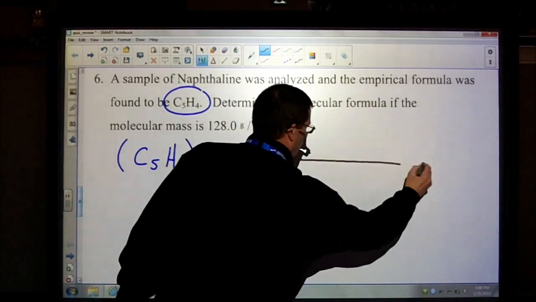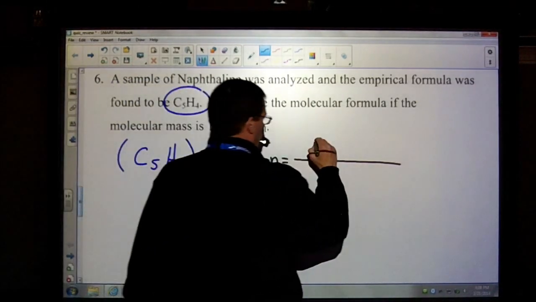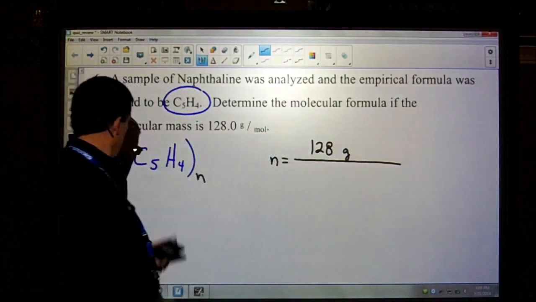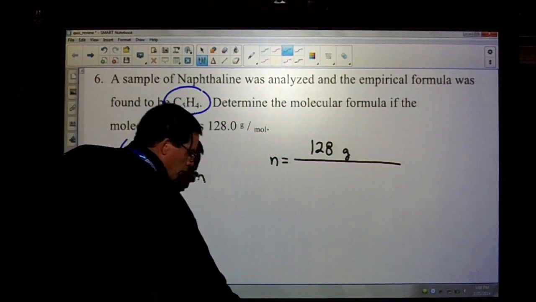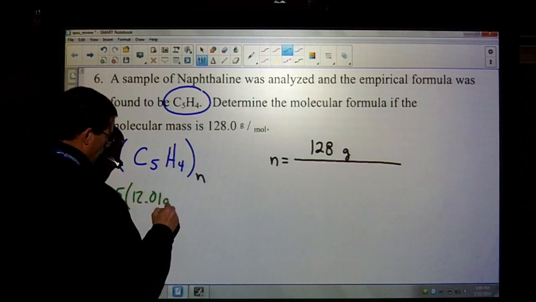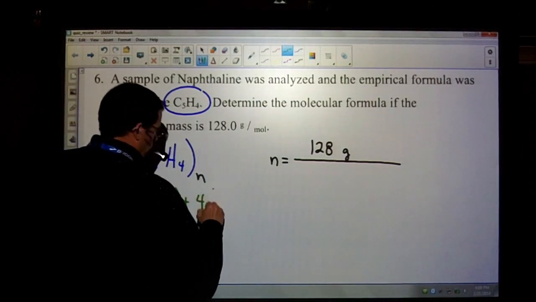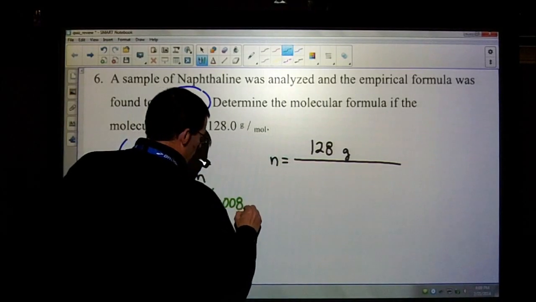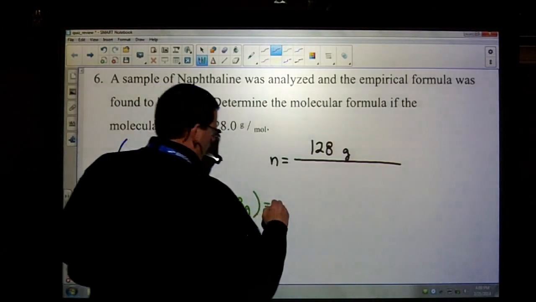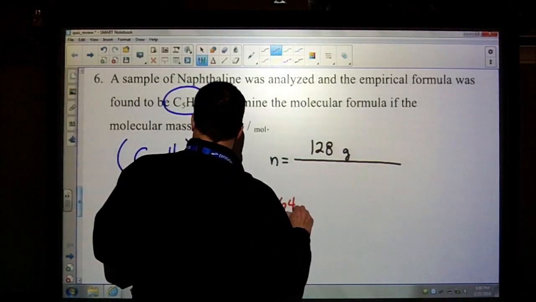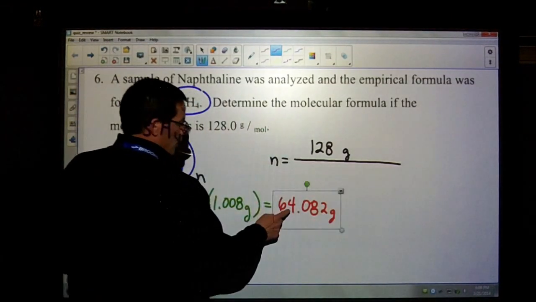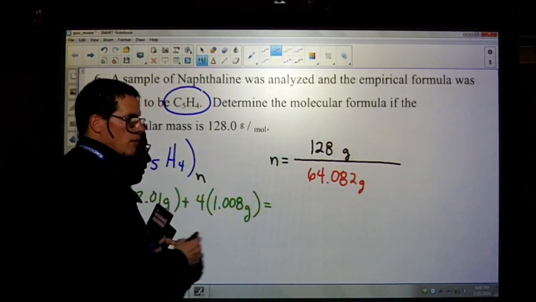So N, and the molecular formula mass is 128 grams. And we need to find out what the empirical formula mass is. So we'll do 5 times 12.01, plus 4 times 1.008. And find a number there. 64.82. And I'd be willing to bet that when you take that and put it right under there, that these two